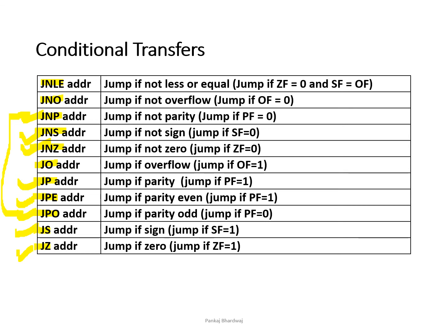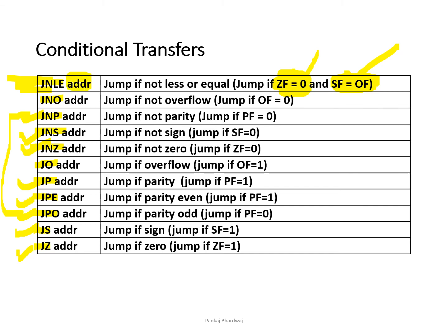So JNLE is jump if not less or equal. Jump if not less or equal, that means not less, that means ZF equals 0 for not equal. And if not less, that means sign flag equals overflow flag. These flags, sign flag and overflow flag, check basically whether the condition is less or equal. So SF, the sign flag, and OF, they both are the same, and ZF equals 0. If both conditions are true, then only this condition will be true and the instruction will be fetched from the address